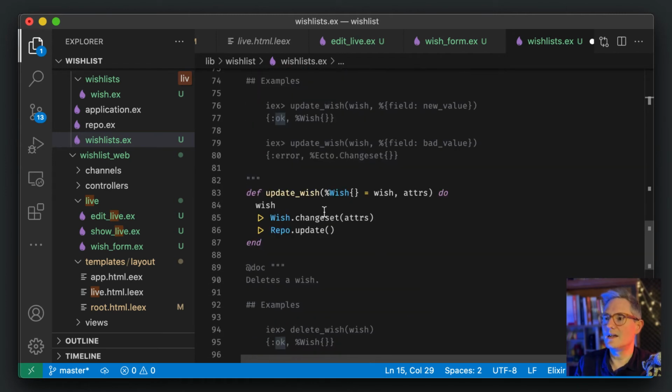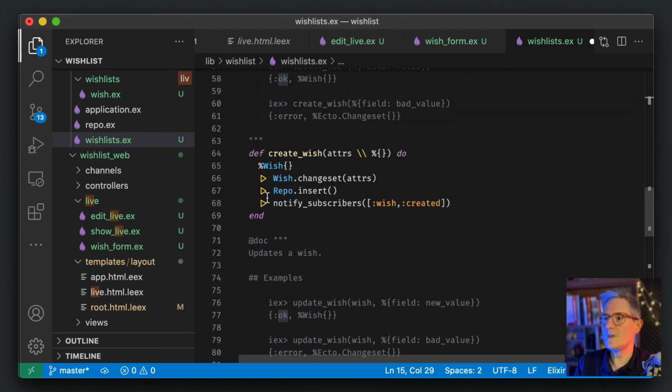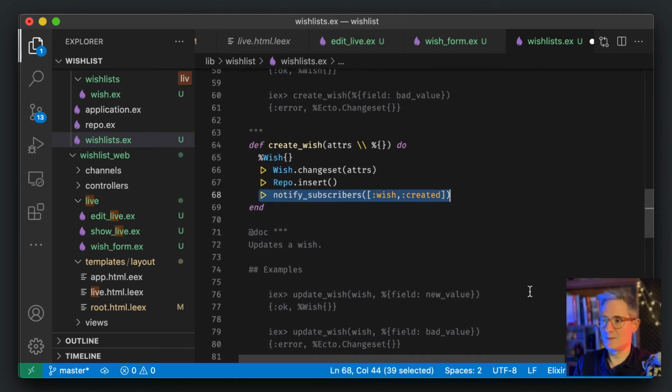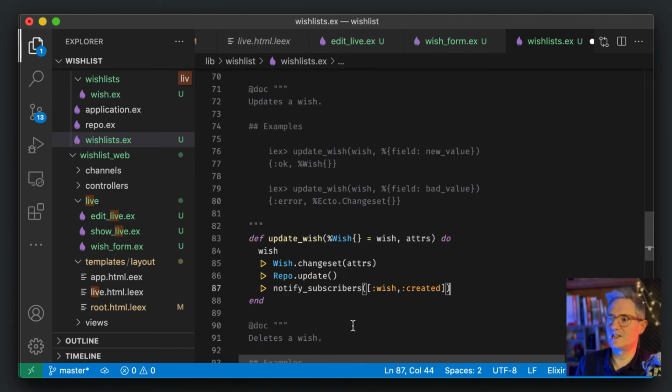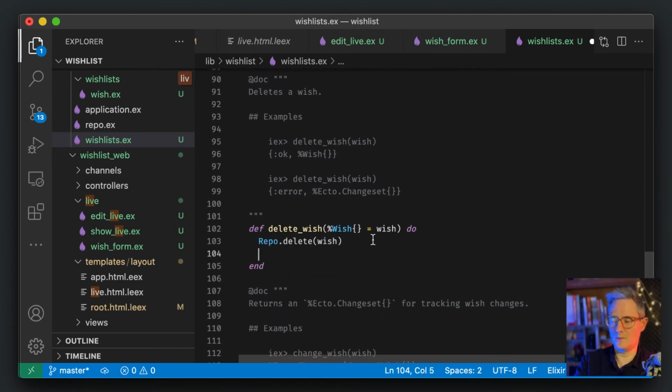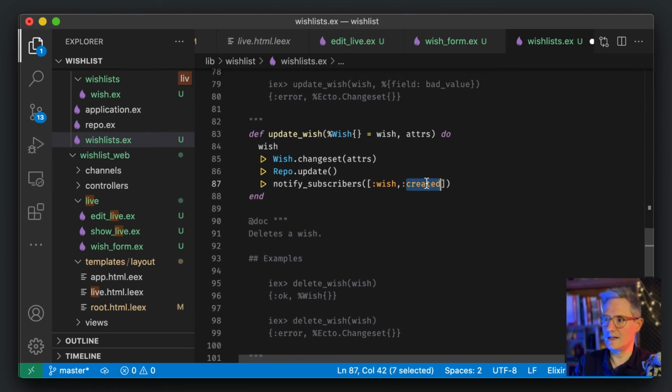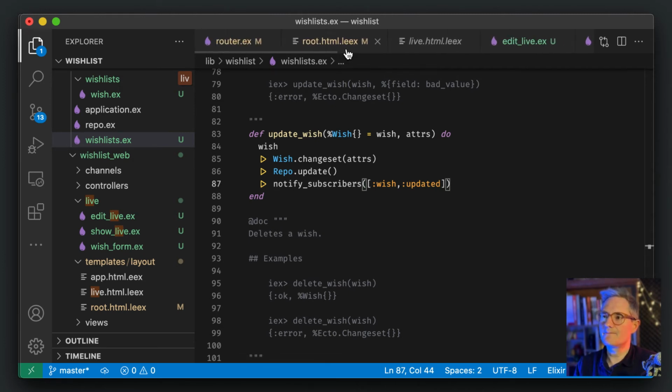So I'm going to do it when I create a wish, and I'm also going to do it when I update a wish, and then we might as well do it when we delete a wish. Why not? What do I want? Oh, and then yeah, so deleted and updated. And then when we come back into our